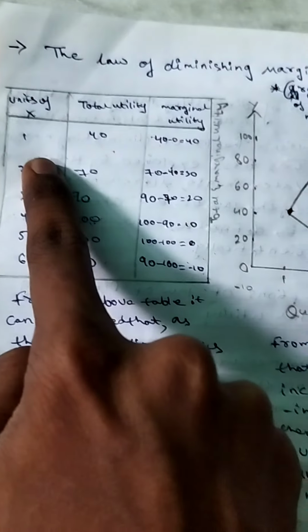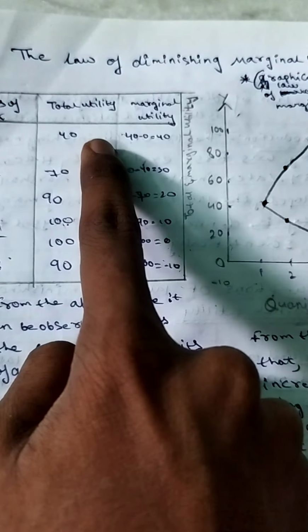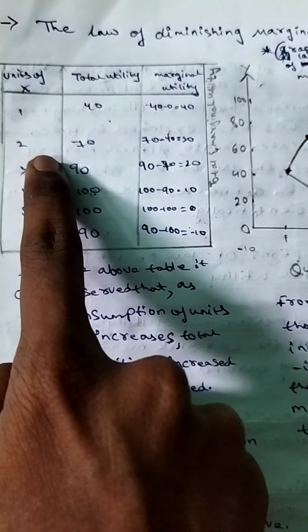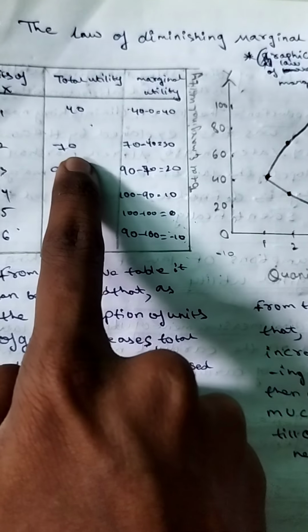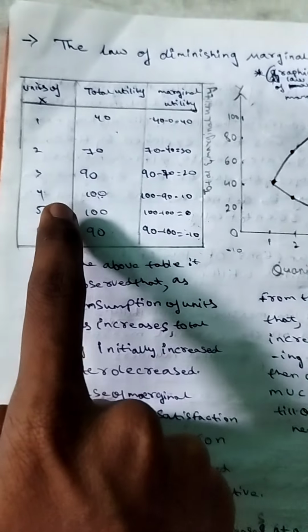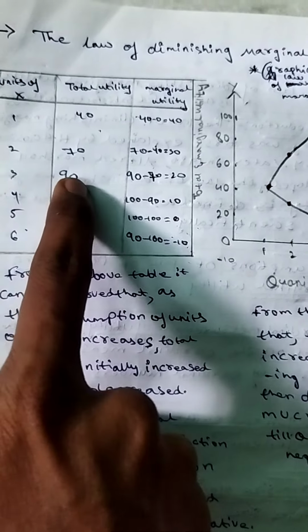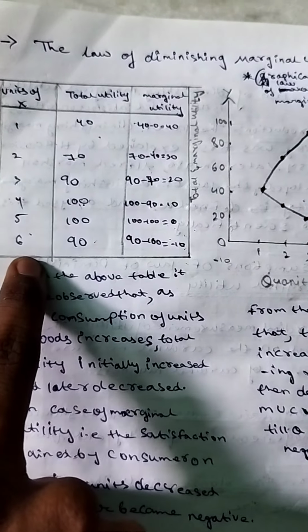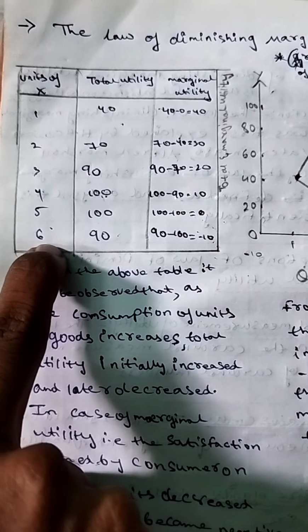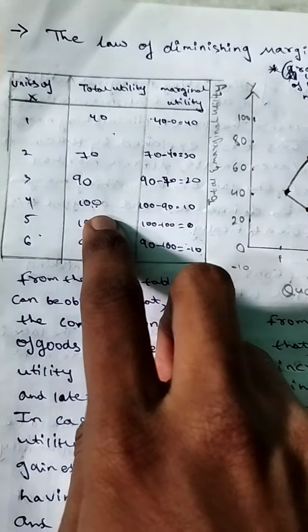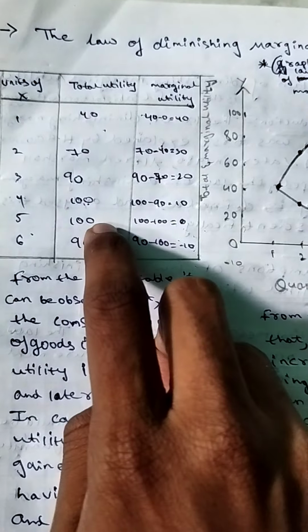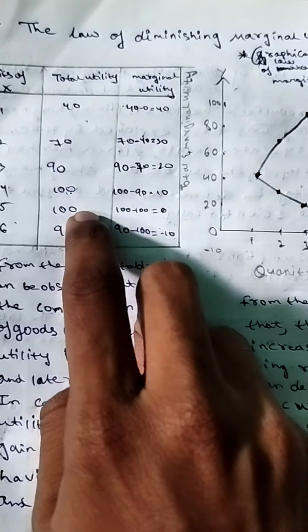Consume one piece of rasmalai, utility gain 40. Next, second piece of rasmalai, utility gain 70, and consuming a third piece of rasmalai, 90, and so on. Consuming a sixth piece, it decreases to 90. For example, if you consume the fourth piece, it will be 100, fifth piece, it is enough, and sixth will